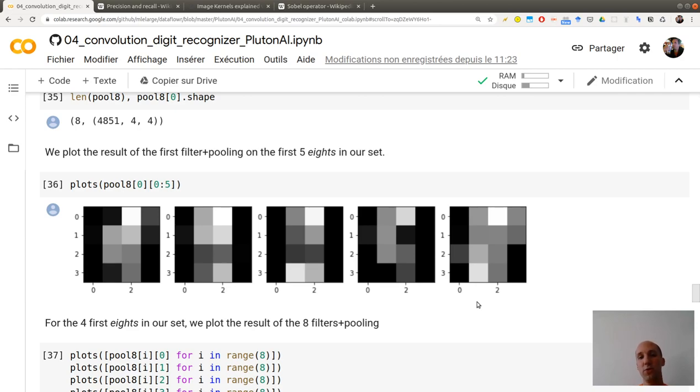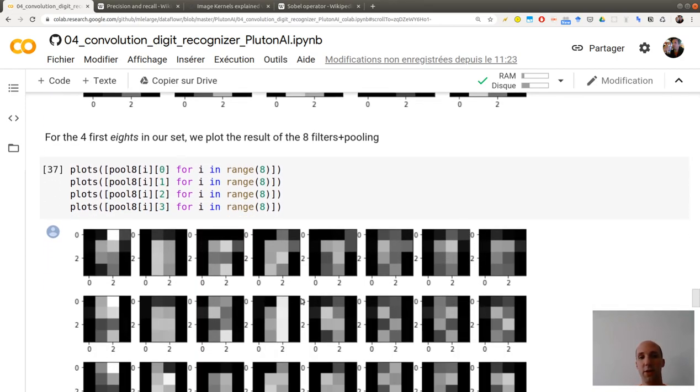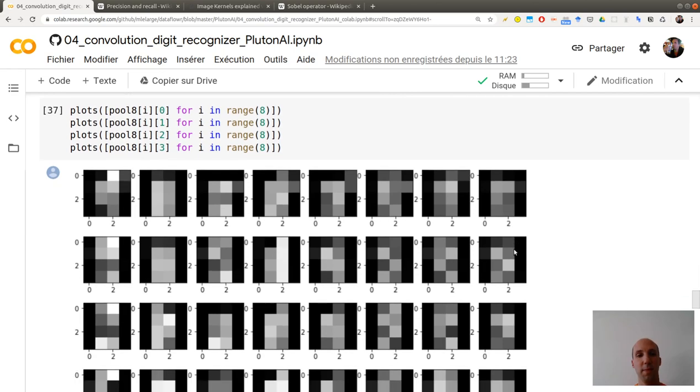Now I want to look at all 8 filters, and you obtain this. The first line corresponds to the representation of an 8 where I'm first applying top and then max pooling. Here I'm applying bottom and then max pooling. Here vertical and max pooling, vertical left, vertical right, and then the diagonal. So each line is a new representative of an 8.